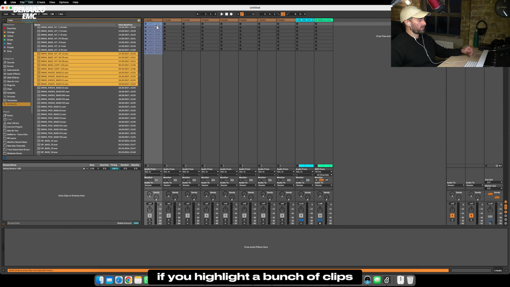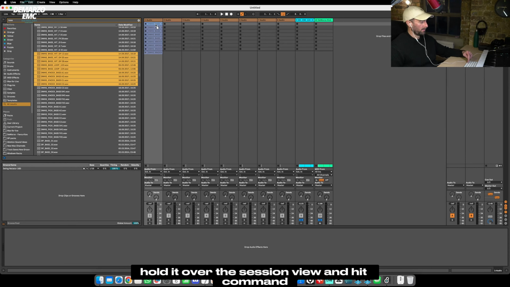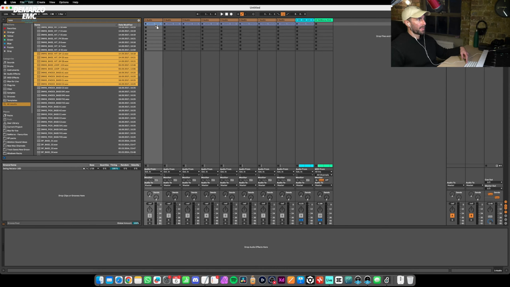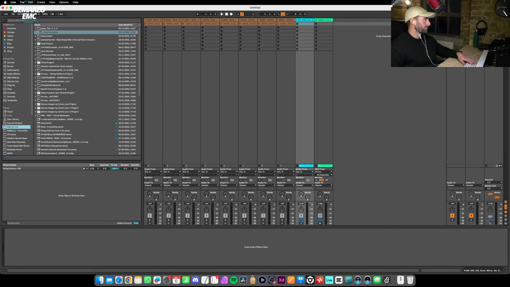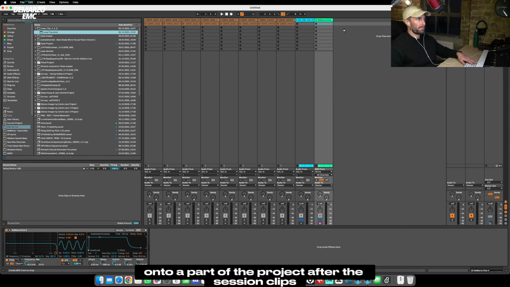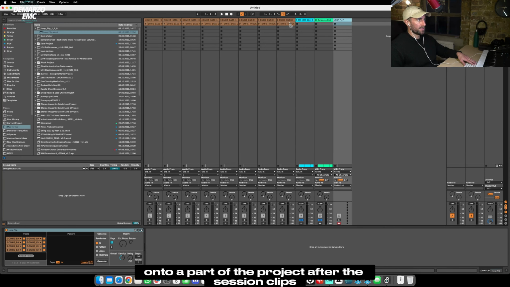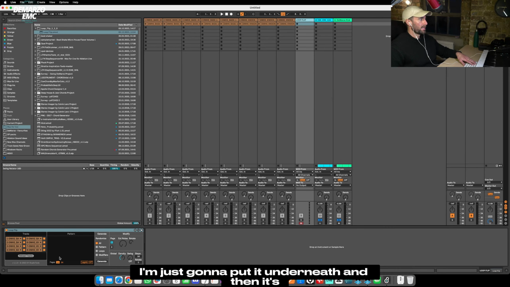If you highlight a bunch of clips, hold it over the session view and hit Command, it will stick them all in different clips. Get rid of that one actually. Okay, cool. Now all you need to do is drag your Loop Flip onto part of the project after the session clips. I'm just going to put it underneath, and then what it's done is it's loaded all the tracks,